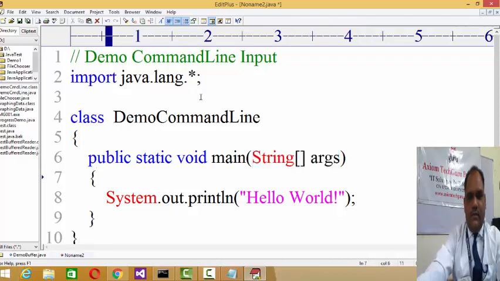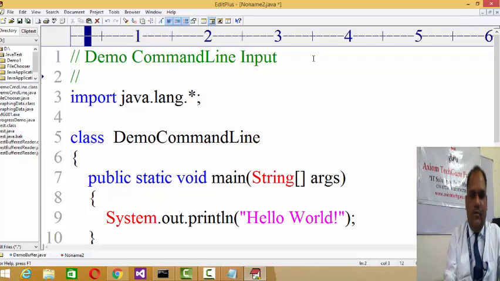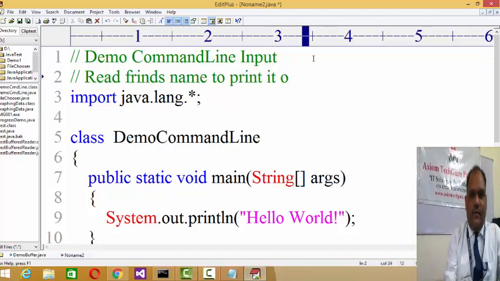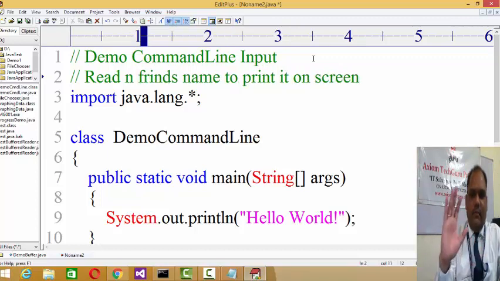Let us say, you write the code to read n friends' names to print on screen. Any number of friends' names you can input to print on the screen.